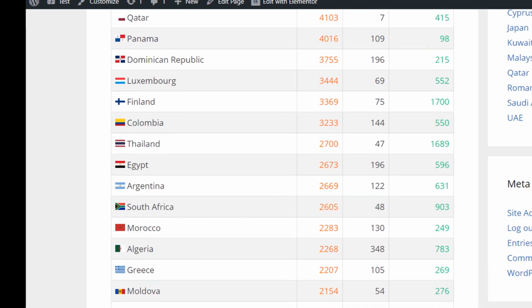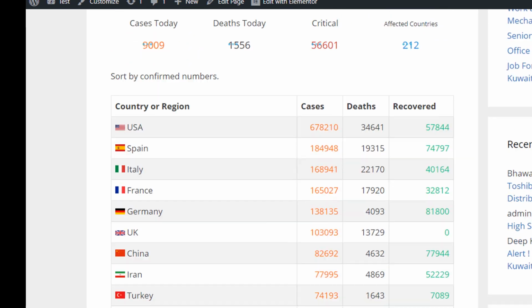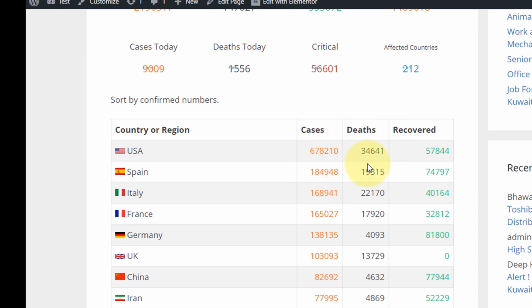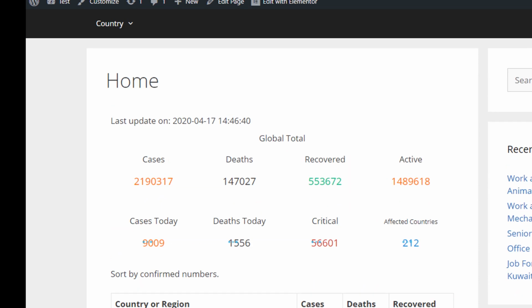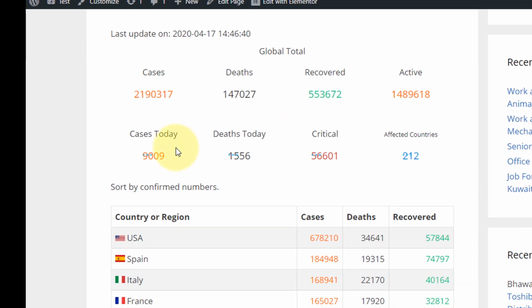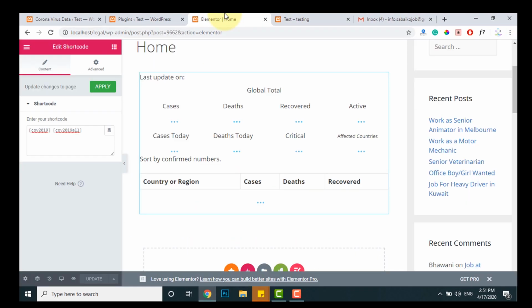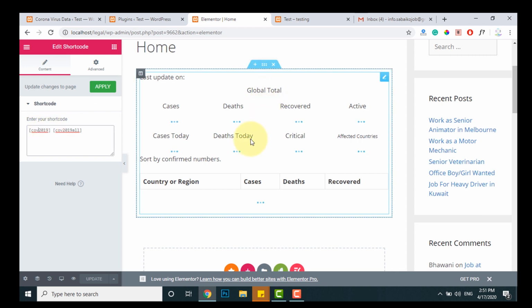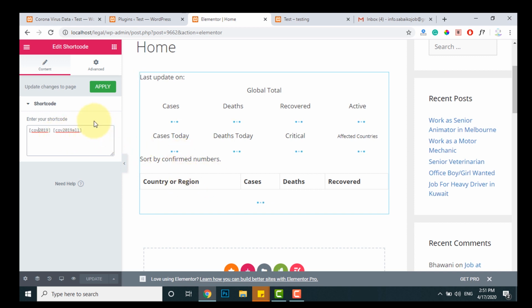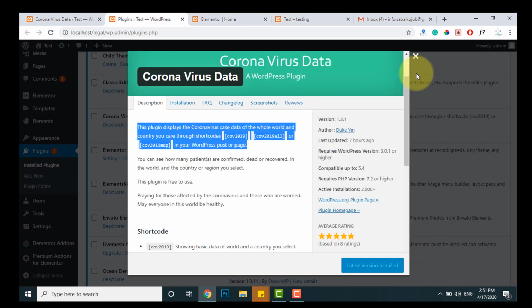I like this plugin because you can see the latest information about the whole world and the cases today also. So you can see this short code COVID-19 shows this one, and COVID-19 also shows this one.